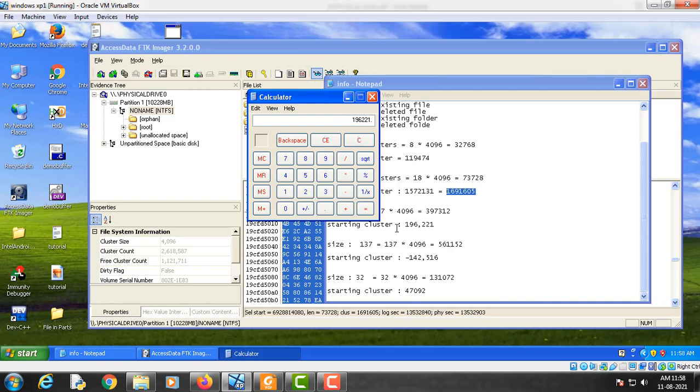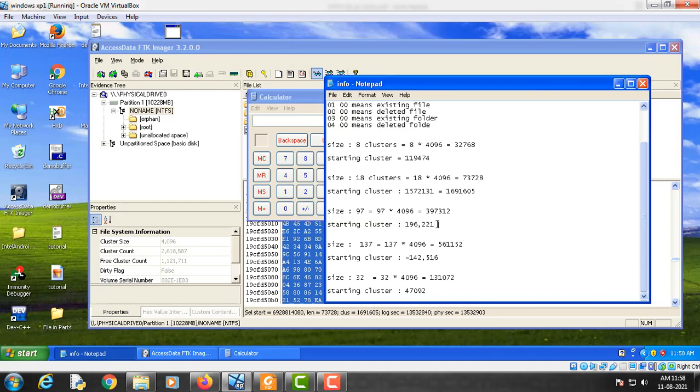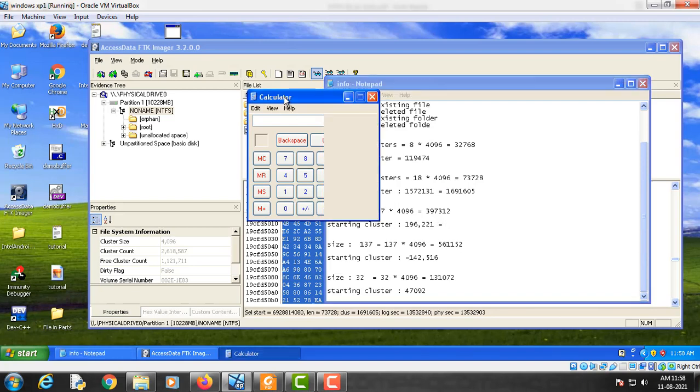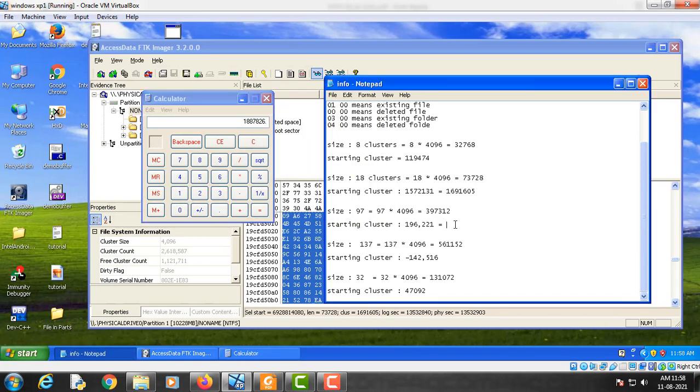Enter and we get this value, which is 1887826. So this is the static cluster of the third portion of the file, and let's copy it.